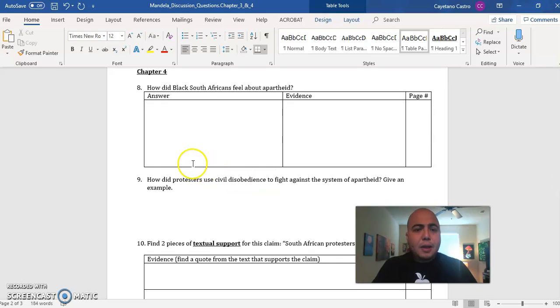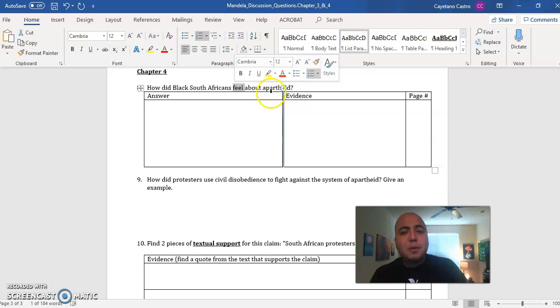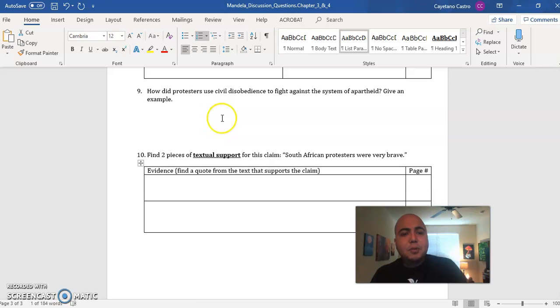Okay, chapter 4. How did black South Africans feel? This is a key word. Feel about apartheid. Again, write your answer. How did you find this? How do you know? Write in the evidence and the page number. And then question 9, how did protesters use civil disobedience to fight against the system of apartheid? Give an example. So go through the text, find an example of civil disobedience where they were performing this to